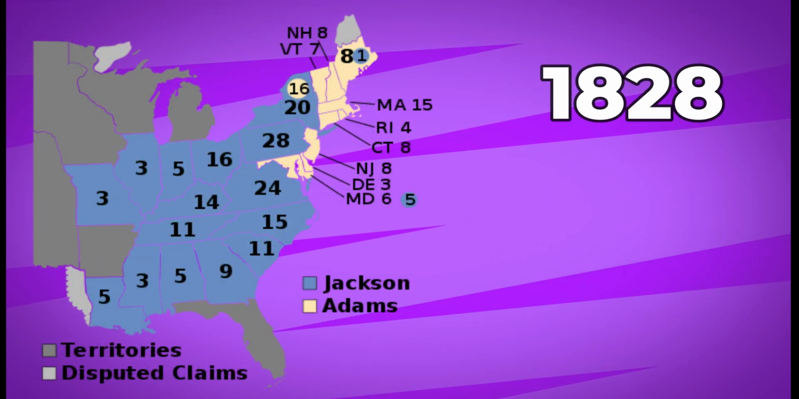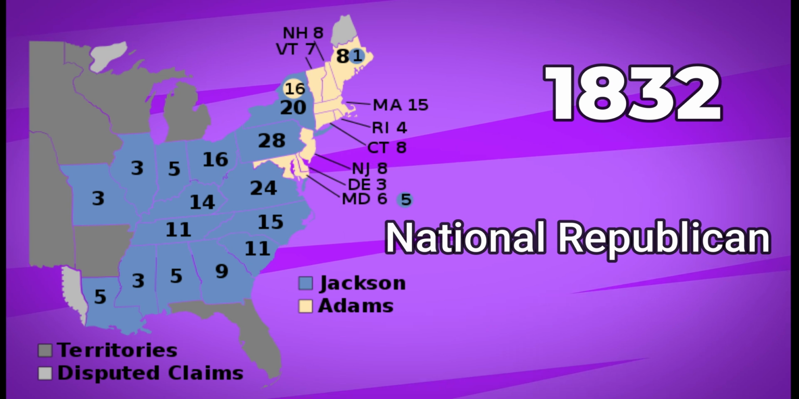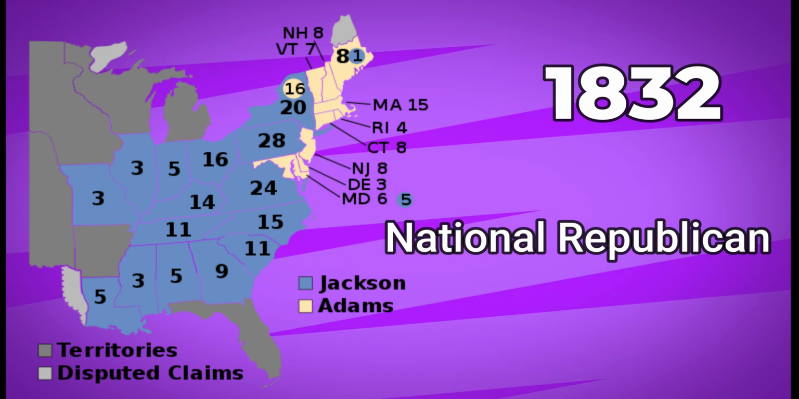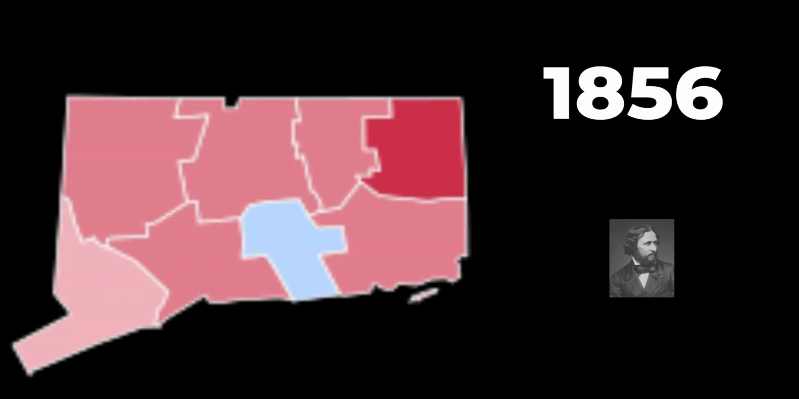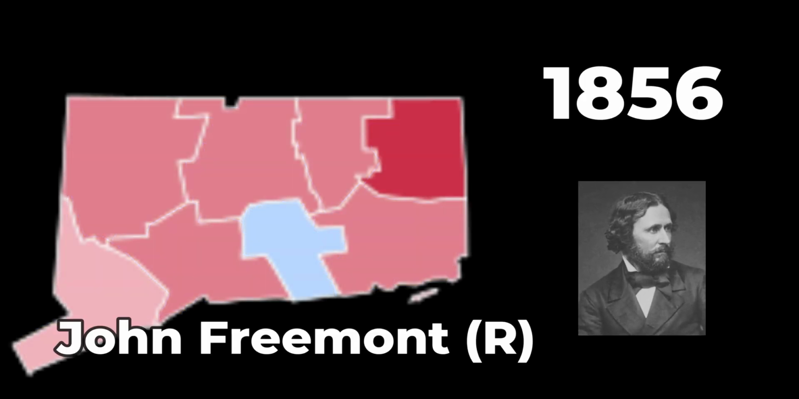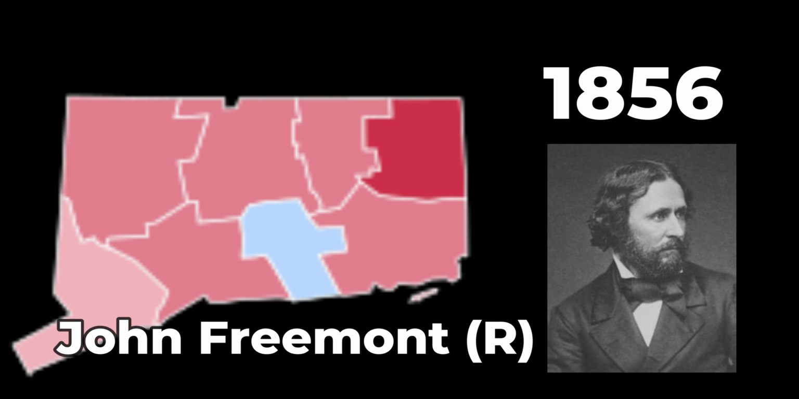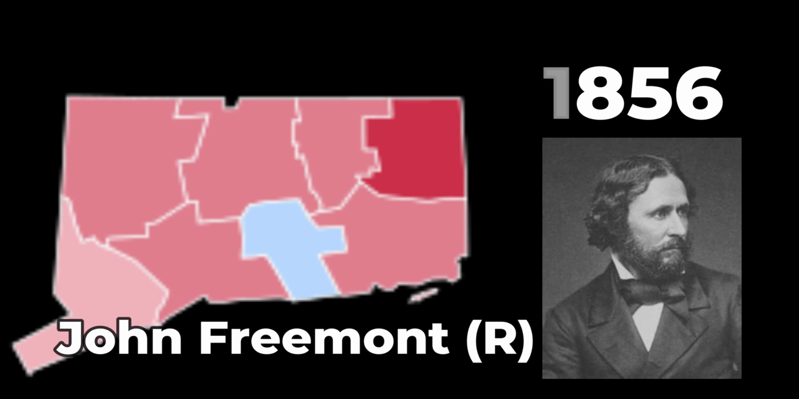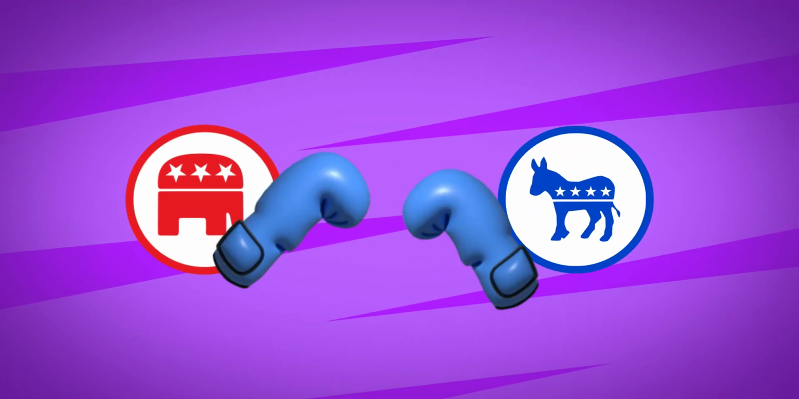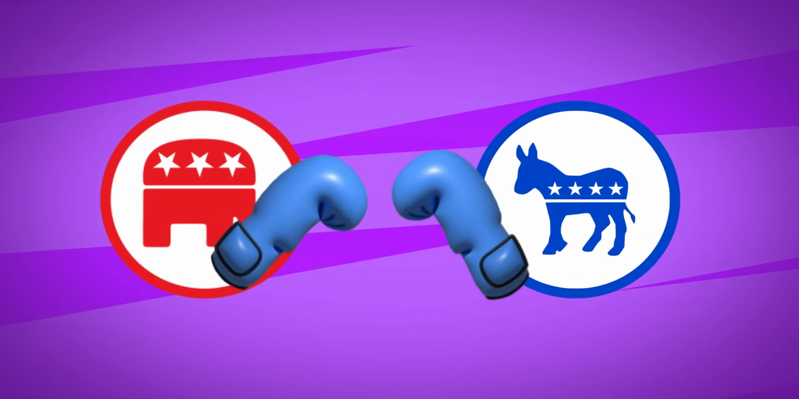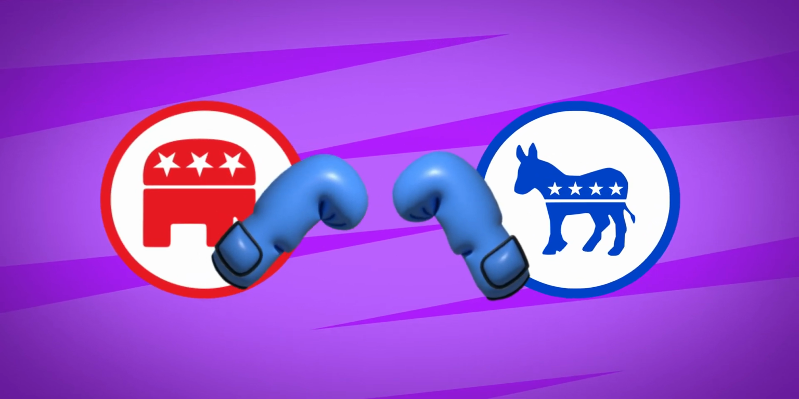This started a trend of the state voting for that party and later similar ones, such as the National Republican and Whig parties. Then in the 1856 election, the state started to vote for the Republican Party, which evolved from the previous parties, mainly because of the party's stance against slavery. Through the latter half of the 1800s, Connecticut voted back and forth between Republicans and Democrats, and this trend continued